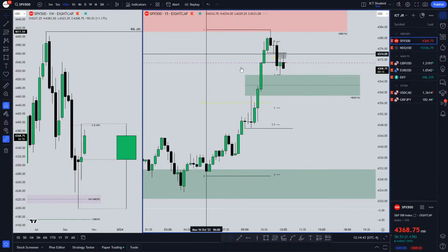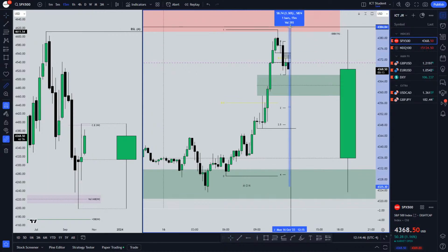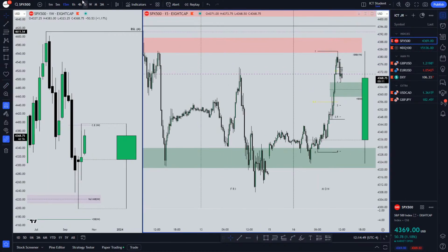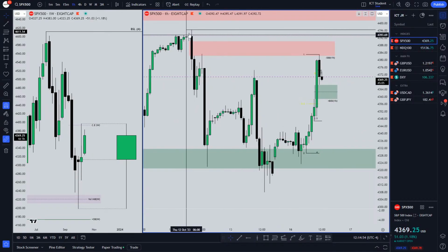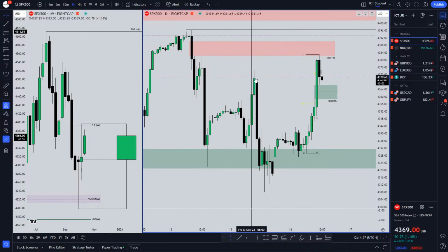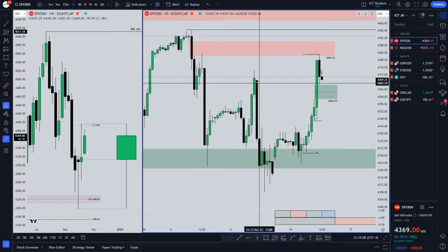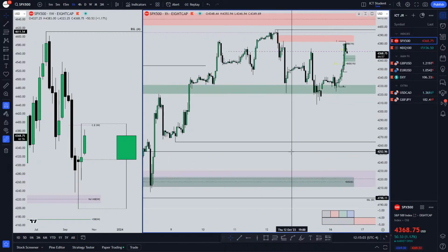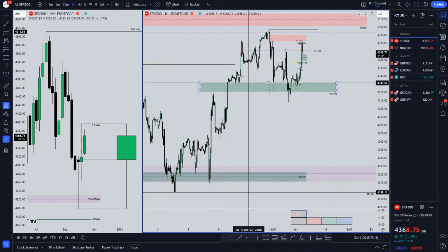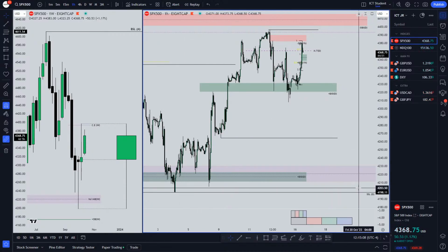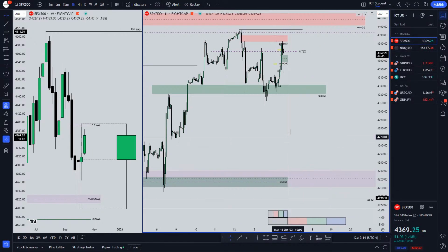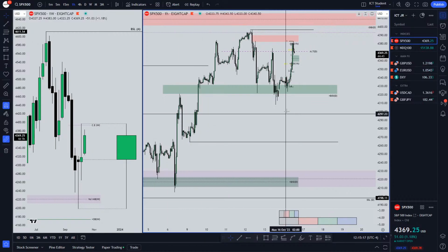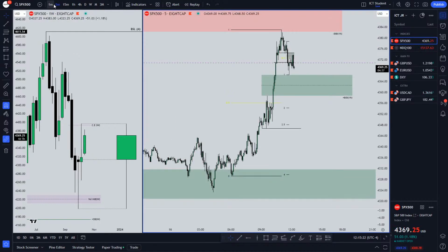But either way, if we go to the hourly, you can just see we rallied up way too much into that 1 hour sell side imbalance right around here, very, very deep into a premium, and then we had these relative equal highs, I guess you can say, and then we just rallied up one more time. To me it seems like this is a buy side to the curve, and now we're about to have that sell side to the curve, and probably take out this sell side liquidity down here. But I would want to see more right here, and then eventually we retrace and we drop even further. So that's kind of my perspective right now, if I'm being completely honest.